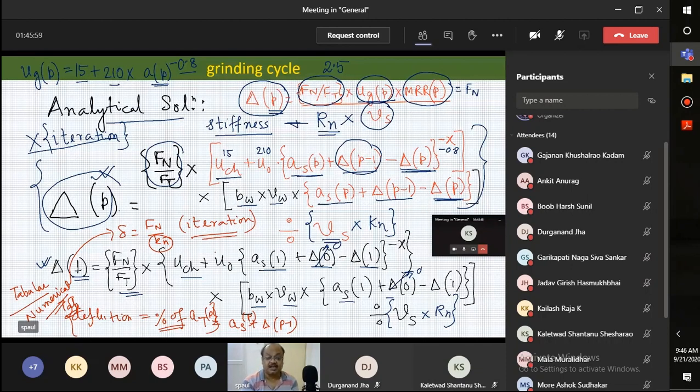And the last one is analytical, where iterations are not required, and you directly get a solution. But in that case, whatever you are trying to calculate is a function of itself. So the solution procedure is a bit tricky. You have to use your calculator accordingly, or you have to write a small code. If you are writing a small code, someone can say it once again becomes a numerical solution. I do not dispute that, but this is a much more straightforward way to approach it.